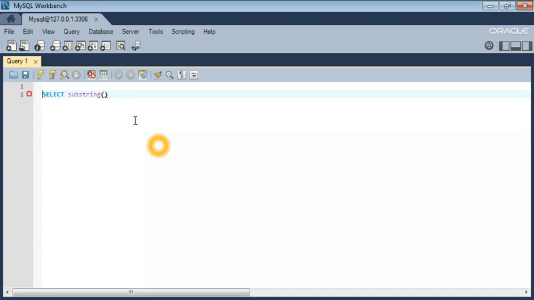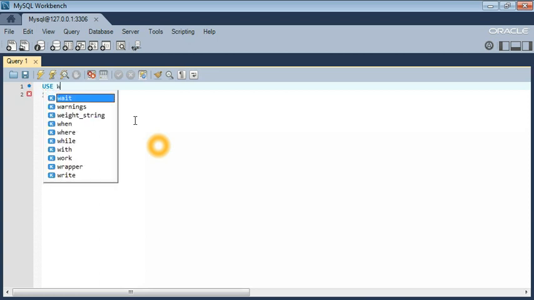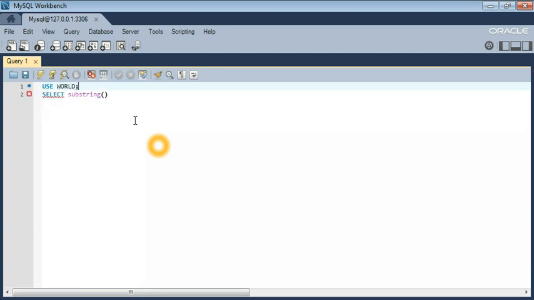We're going to use the world database, and we're going to select the name column in the city table. We're going to select the first character, and from the first character we're selecting 3 characters, and enter FROM city, which is the table,